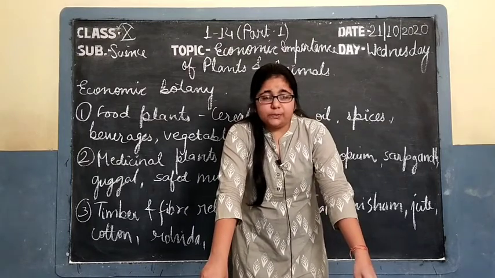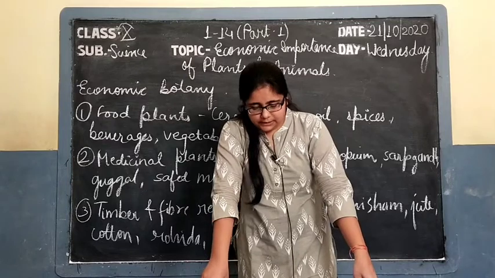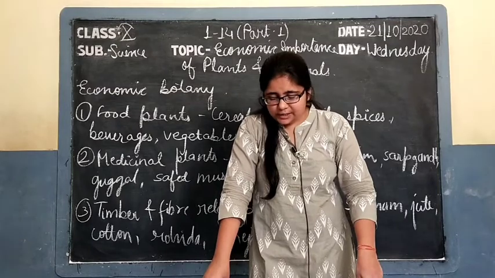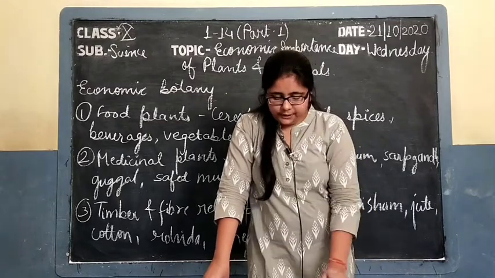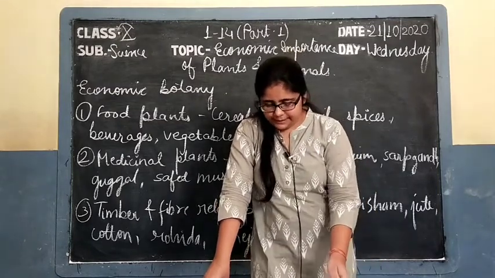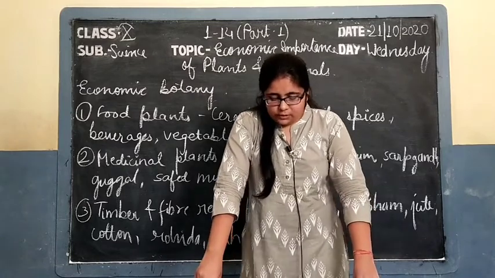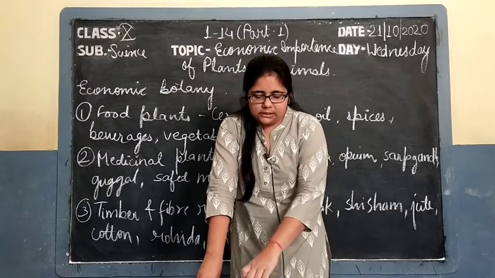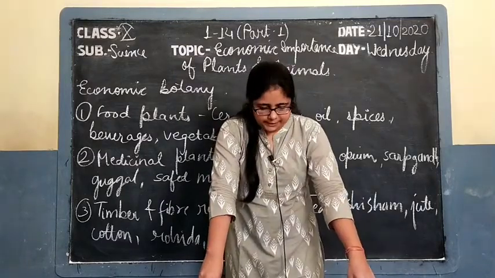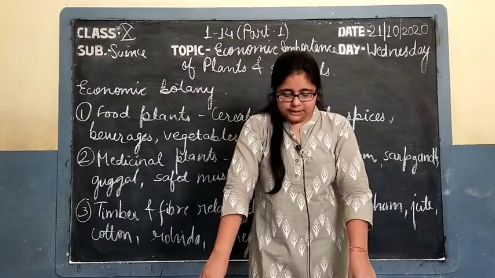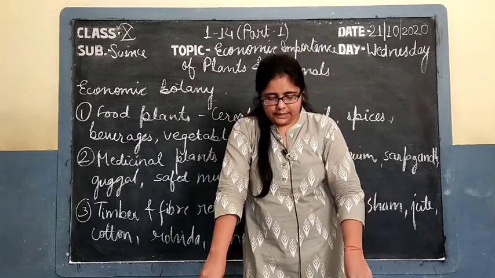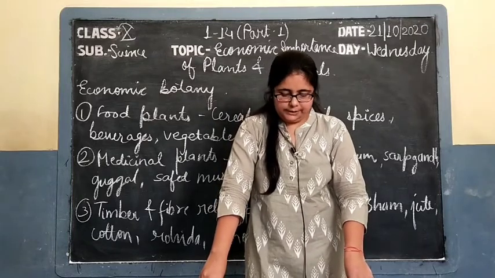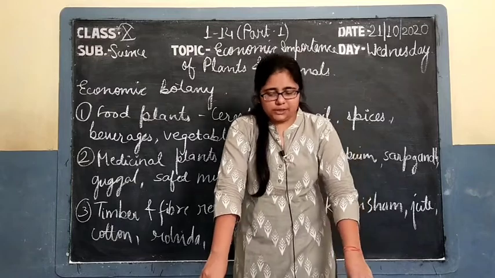After them, there is maize, whose scientific name is Zea mays. It is also sown as a kharif crop, and the important varieties are Vijay, Shakti and Ratan. After that, pearl millet, the scientific name is Pennisetum typhoides. It is also a kharif crop and is an important millet cereal. So, these are the cereals from which starch is obtained: wheat, Triticum aestivum, rice, Oryza sativa, maize, Zea mays, and pearl millet, Pennisetum typhoides.